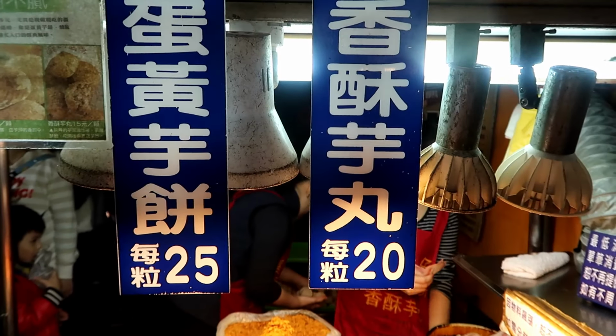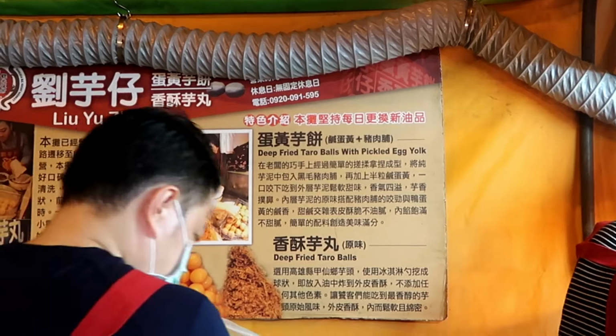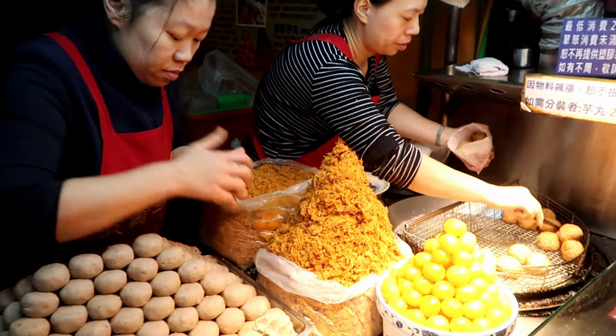And they have 2 things on their menu. One of them is deep fried taro balls with pickled egg yolk. The other is just a deep fried taro ball. So I'll try both. Once you get closer towards the front of the line, you get to see the entire